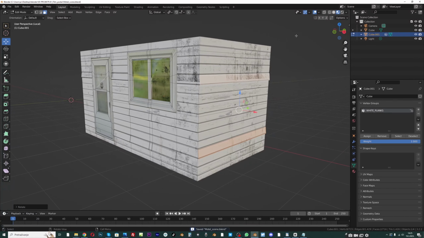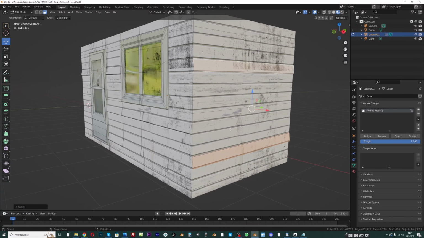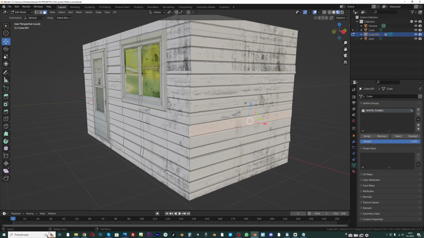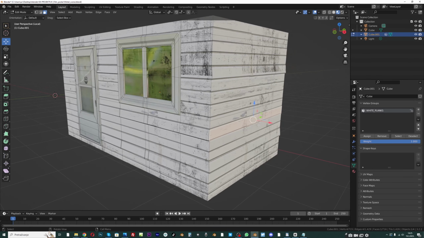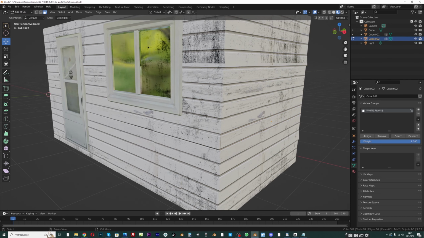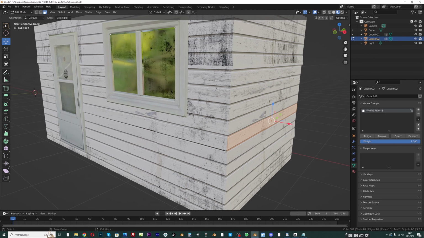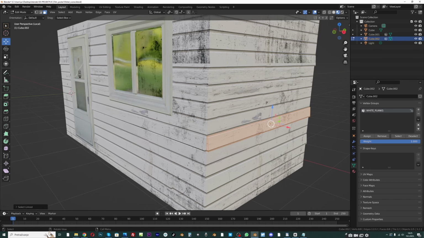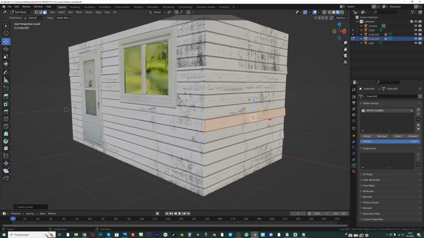And another method we can use here, we can just go with face selection and we can select one of these planks, and we can go with Shift D and P selection. And now this is a separate object, but we need to set origin to center of geometry here. And now you can go with A to select all, E to extrude, and X to extrude this on X axis, and R Y. And if you press L, you will select this plane here, and you can always go with Shift D and move this maybe here, and